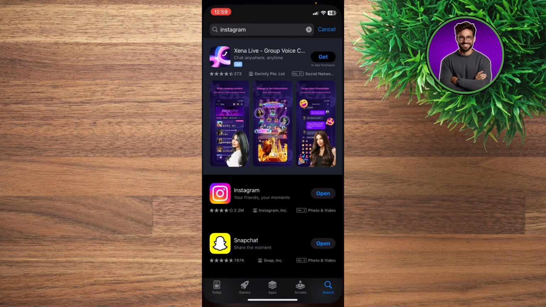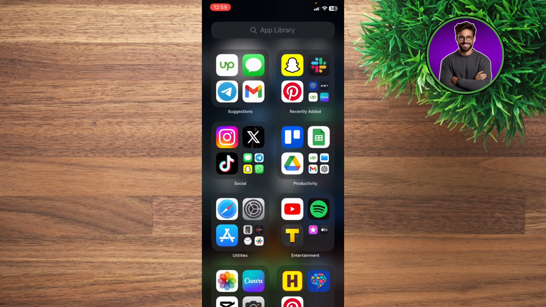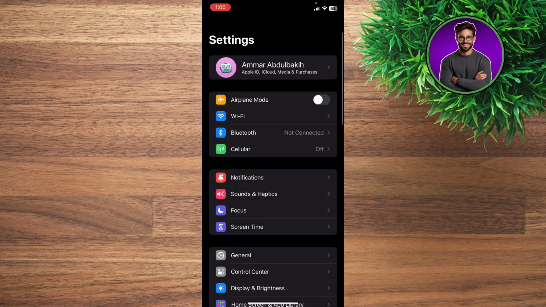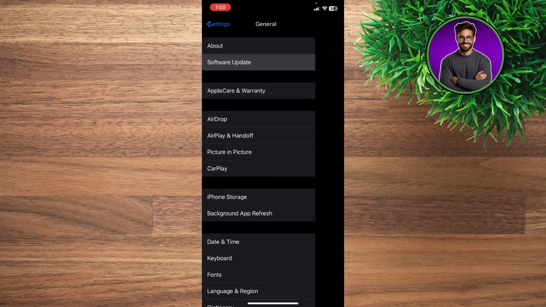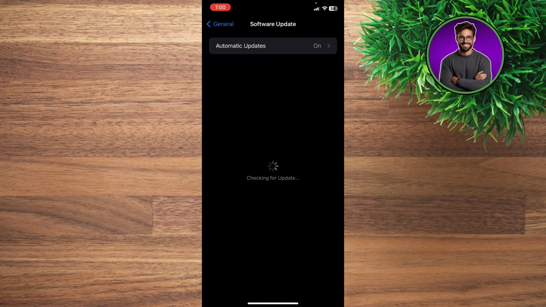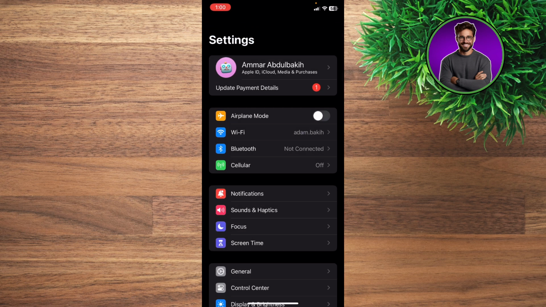Now, go back to your screen, and if that problem still persists, go into your settings, then go to General, and then go to Software Update, so you can check if there is a new update for your iPhone. If that problem still occurs and you've updated your iOS to the latest version,